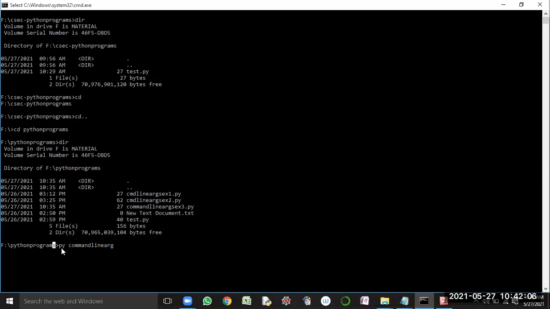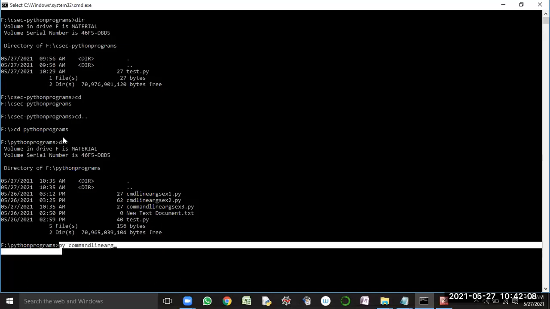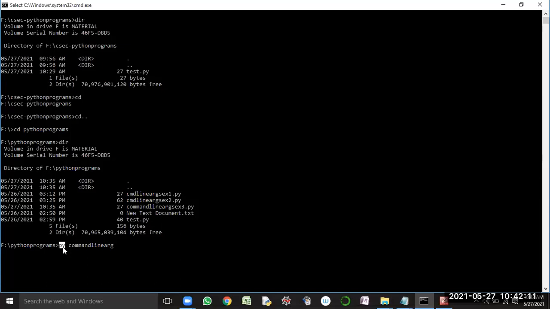Py is what? Here py is representing the command, like how dir is a command. So py is also considered as what? Command. Okay. So py followed by, I'm giving what? Command line arguments, example3.py. So after the command, whatever we are mentioning, these values are considered as the arguments. What kind of arguments? They are considered as command line arguments other than the command. So py is considered as a command.